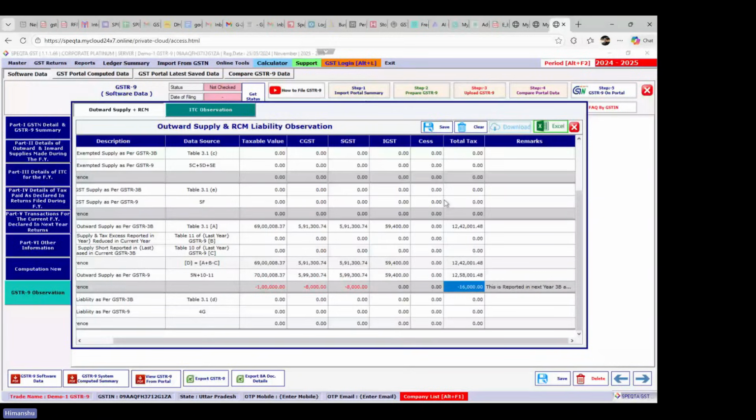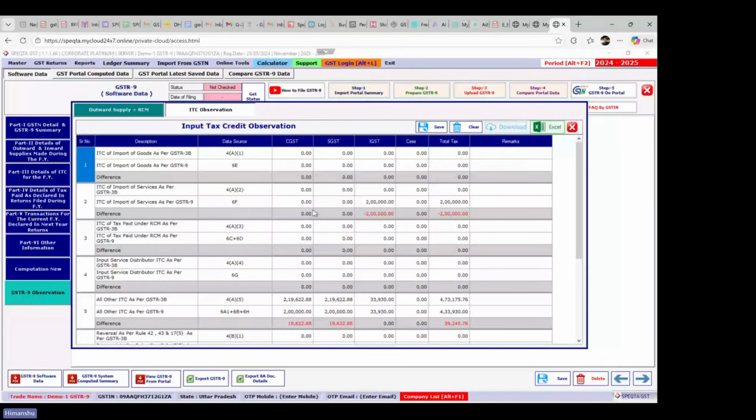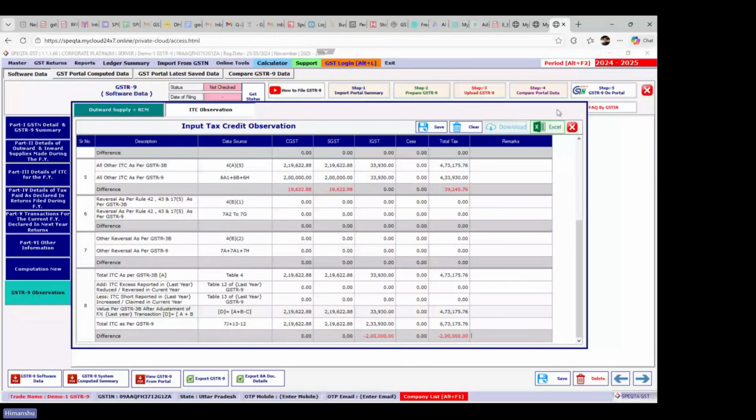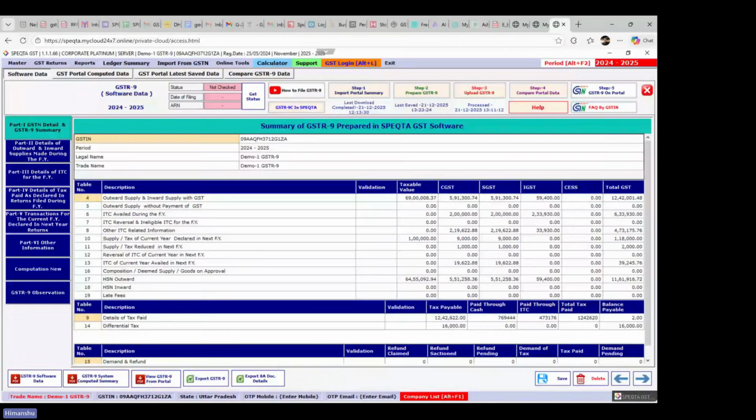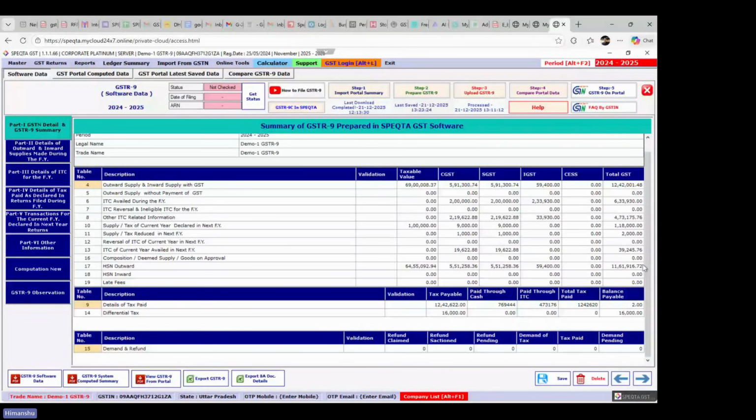इन द सेम वे आईटीसी ऑब्जर्वेशन भी दिया गया है कि आईटीसी की जो फिगर्स आपने डाली हैं वो कहाँ कहाँ डाली हैं। 6F में डाली है, तो जैसे ये इंपोर्ट की आईटीसी है। 3B में आपने यहाँ पर मान लीजिए 3B में नहीं क्लेम कर पाए थे, व्हाटएवर, यहाँ पर आप अपना रिमार्क्स डाल के जो भी डिफरेंस है अपनी याददाश्त के लिए आप रख सकते हैं, ताकि कभी डिपार्टमेंट फ्यूचर में आपका ऑडिट करे, क्वेरी करे, तो आप उसका याददाश्त के लिए आपके पास होगा। So this is the complete walkthrough of the GSTR-9 with the computations and with the observation portion। तो ये यहाँ पर हमारा 9 का पोर्शन कंप्लीट होता है।